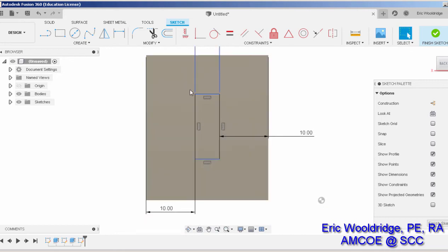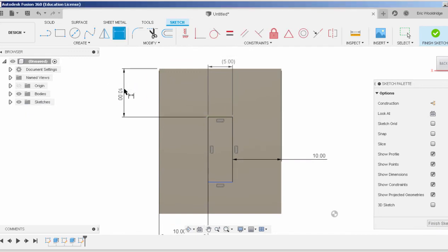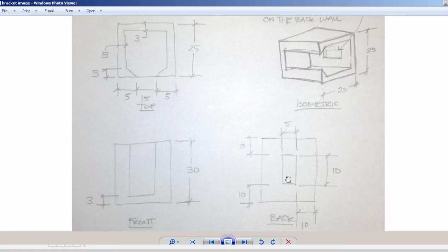Makes me feel better. And I'll click here to say it's going to be, well, dimension from here to here to say it's going to be 10 down, and here to here it's going to be 10 there. So again, if I click on this side, it's going to say you're over constraining the sketch, but that's okay. I can at least confirm that it is the right dimensions I want it to be. Confirm it back with my drawing here,